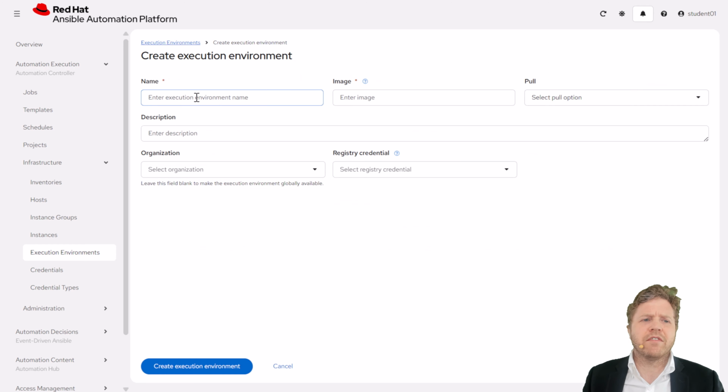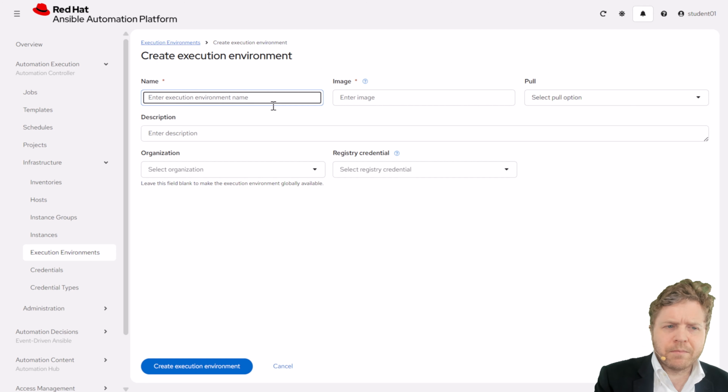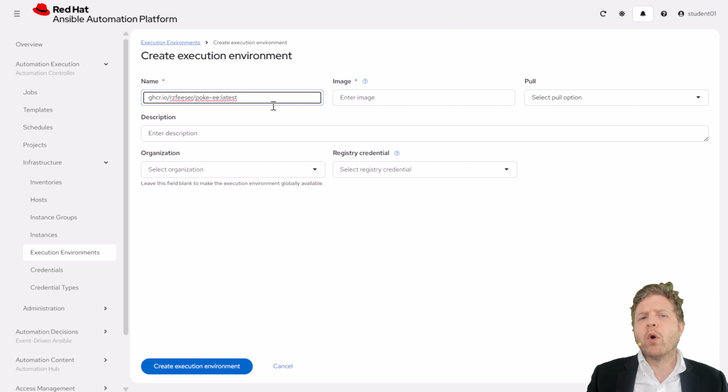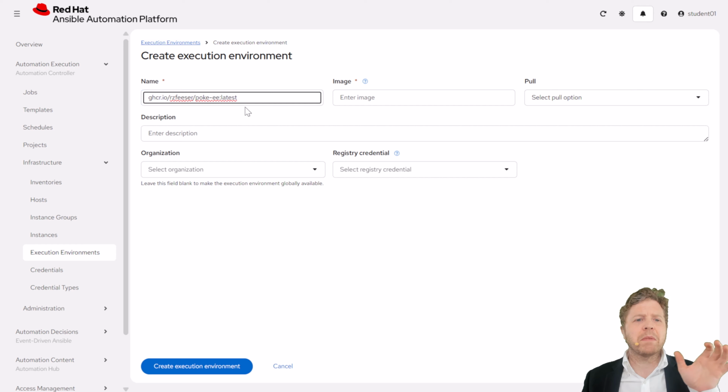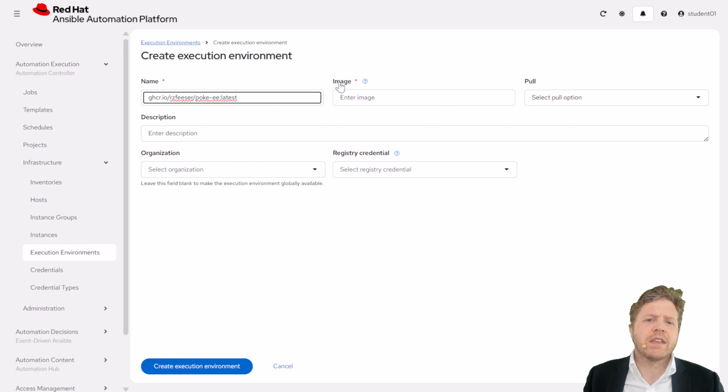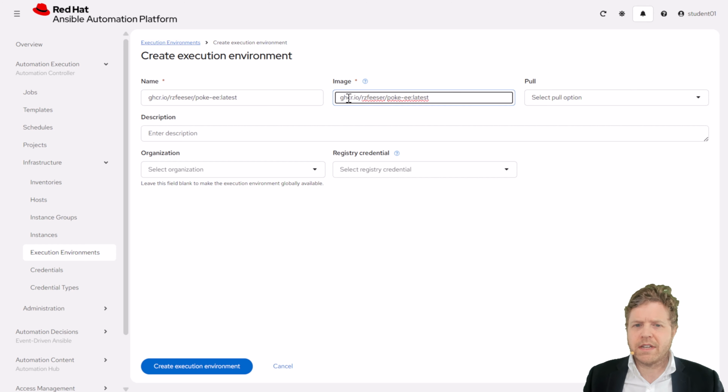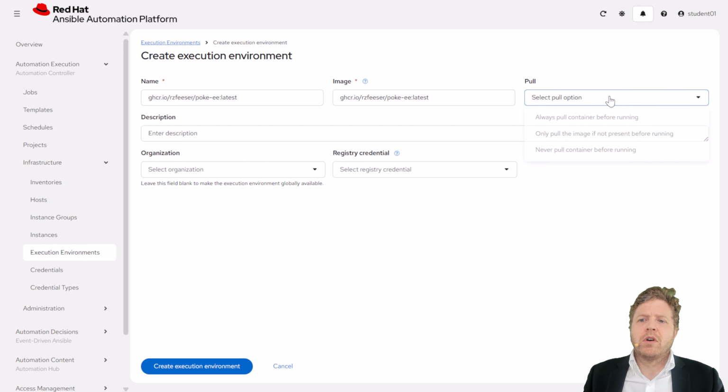Create execution environment. It's going to say, what's the name? You know, being organized here is key, right? So I'm just going to use the same name as where it came from. I don't want to get cute with this. Image, exact same name. Pull option: always pull before running, only pull the image if not present, never pull the